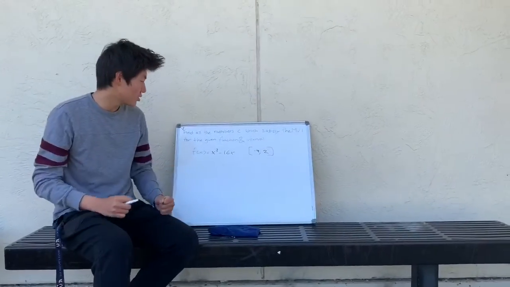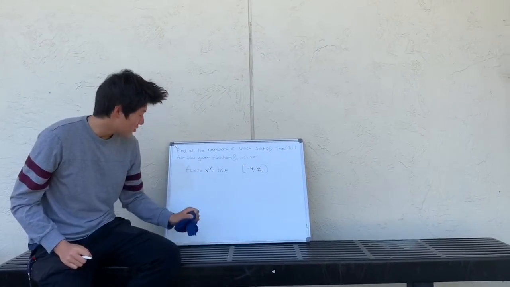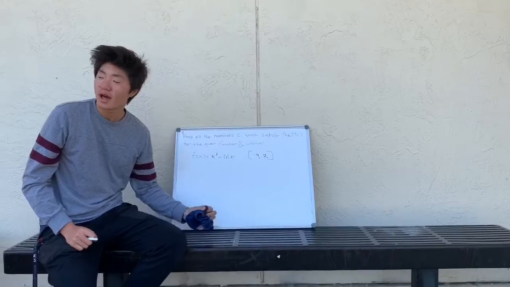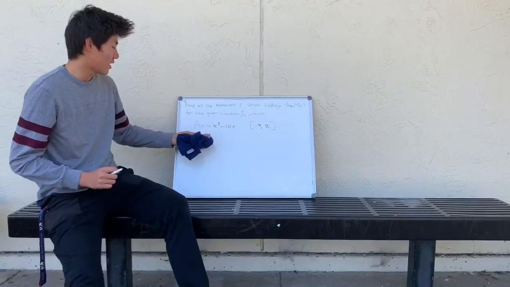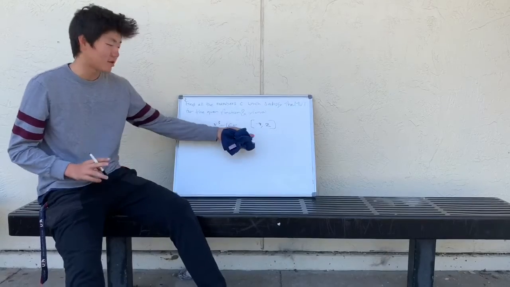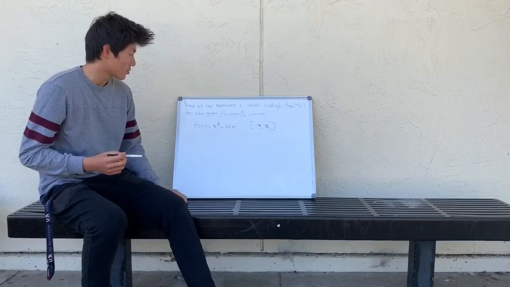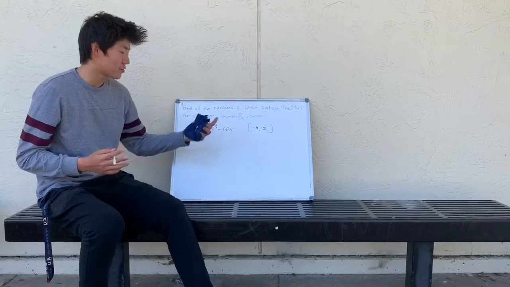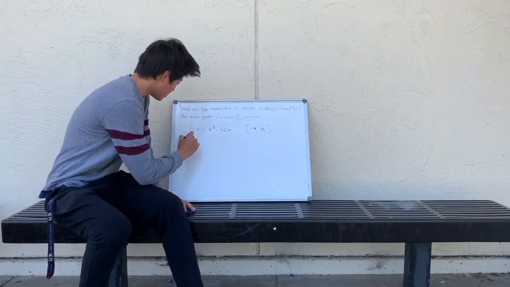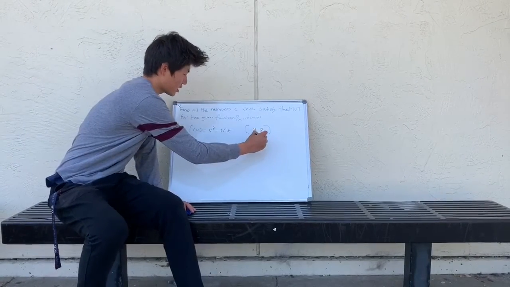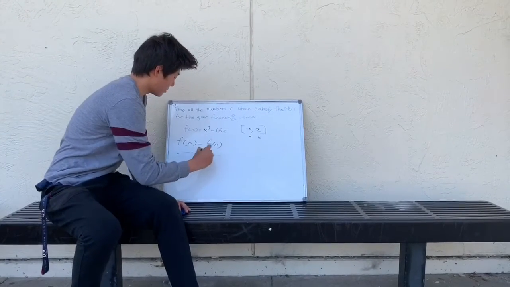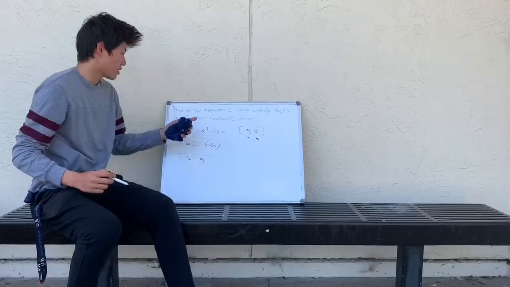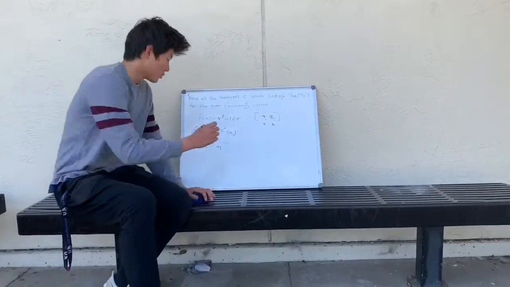All right, welcome back. We're going to do a practice problem for mean value theorem. If you recall, mean value theorem is average rate of change equals instantaneous rate of change. And so first, we're going to find the average rate of change for this function in the interval. If you remember, the formula for average value is f of b minus f of a over b minus a. If we apply the function to this formula, we get